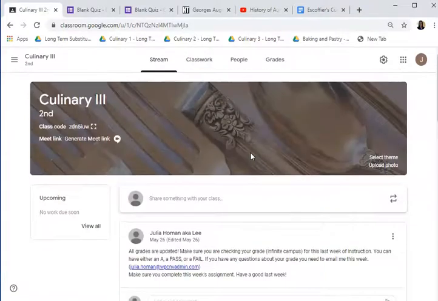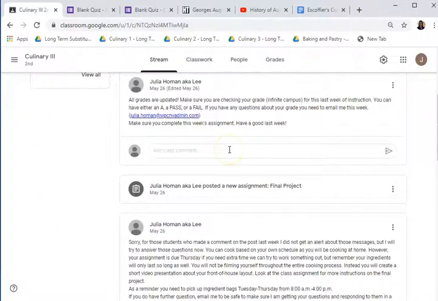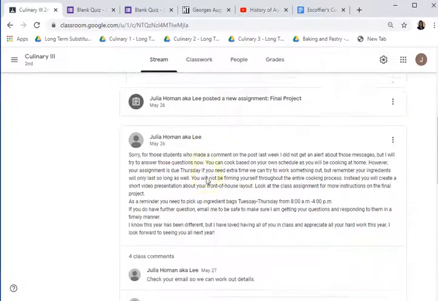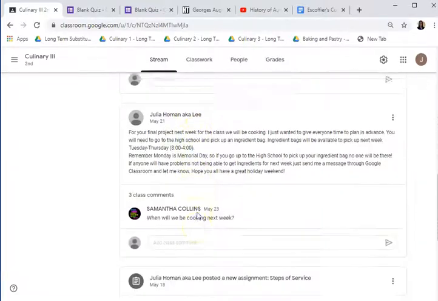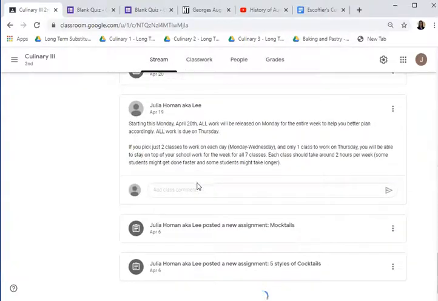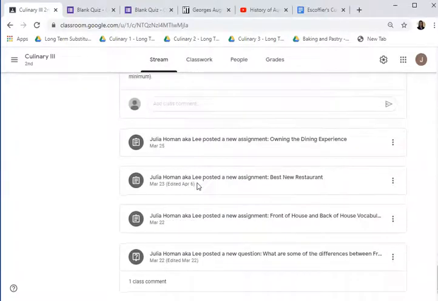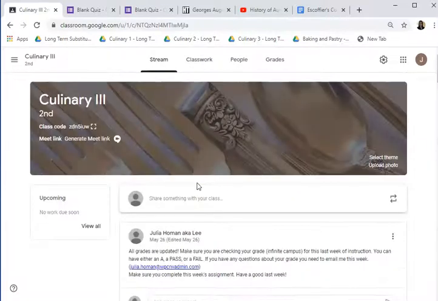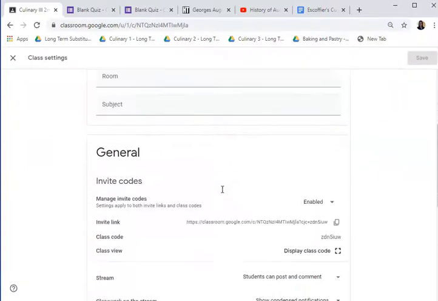Another thing you can do is go into the example class here. You can see that the stream gets really cluttered. I have assignments that are posted, I have different posts, comments, questions, etc. Everything's coming up on this page. I'm still not done scrolling. It's really, really cluttered. So go into your settings,